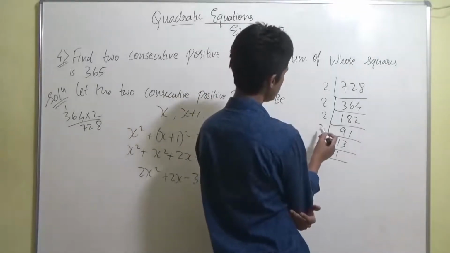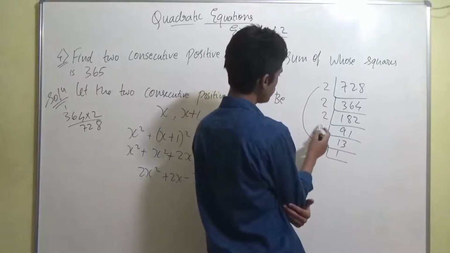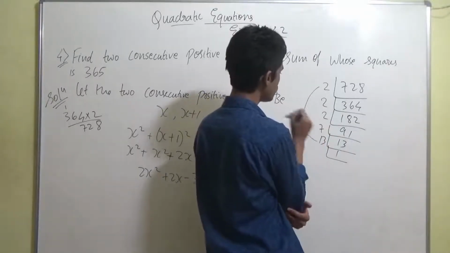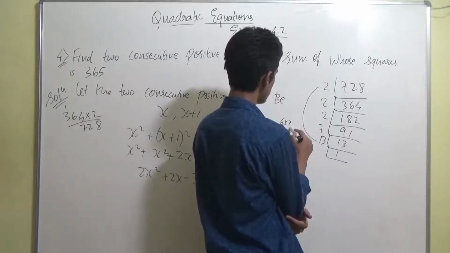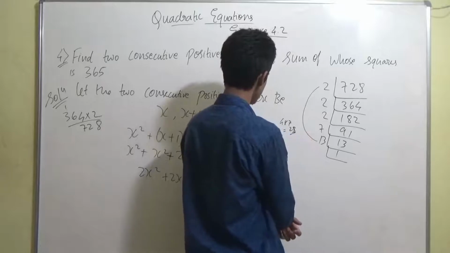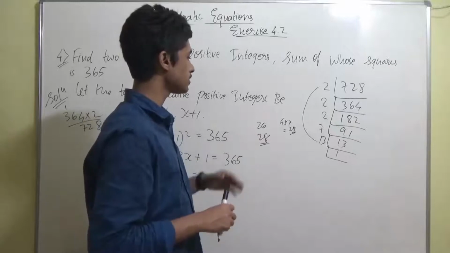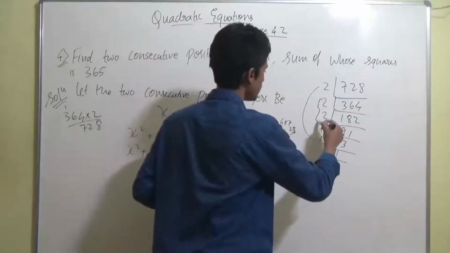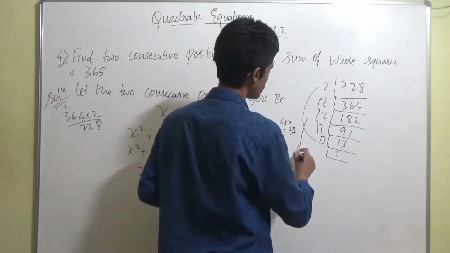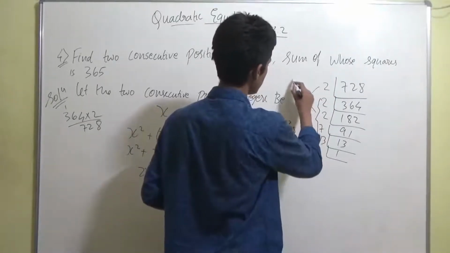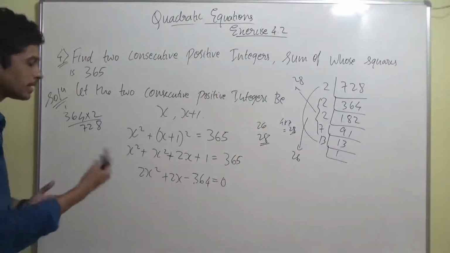So if we do 13 into 2, it becomes 26. Now if we do 2 into 2, it becomes 4. 4 into 7 becomes equal to 28. Okay guys, so the difference is 2. Getting it? Between 28 and 26, the difference is 2. So this is the way we combined it. These two we clubbed into 1, from which we got 26, and from these three we got 28, right? So the terms which we have to split are 28 and 26.